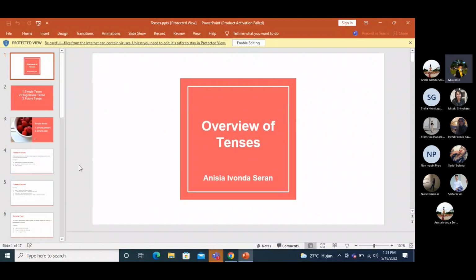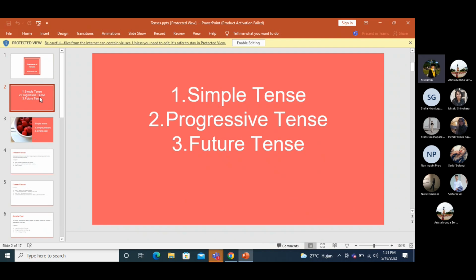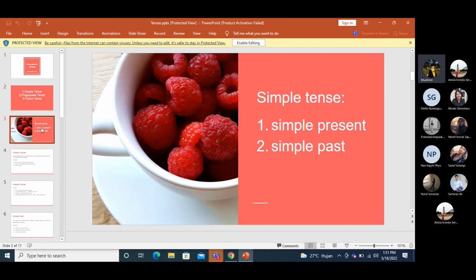Is it on the screen? Yes, sir. This is simple tense, progressive tense, future tense. And then simple present and simple past.